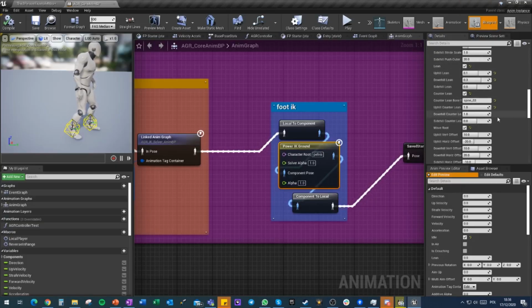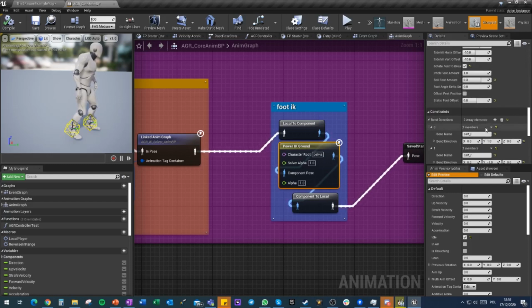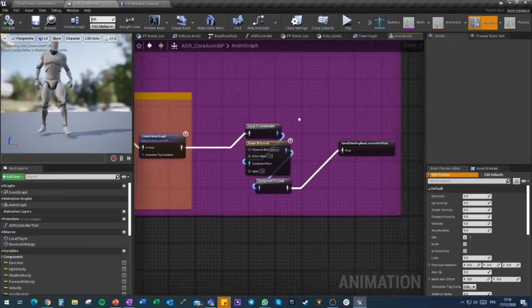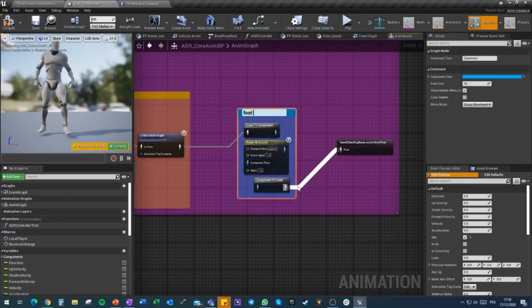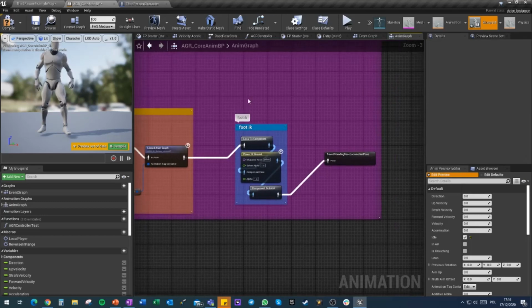You can try different settings for those. They're pretty easy to work with. Okay, so this is the basic setup for IK. And we can then do more stuff with it later on. I just need to make some more experiments because